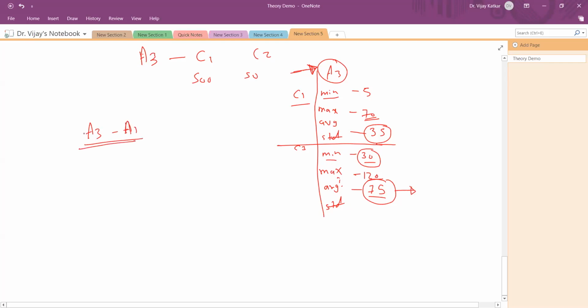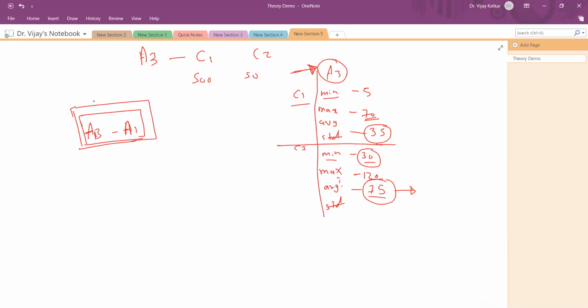So now I can say that A3 is very important, and A1 is also important. If I use A3 alone, it cannot give me maximum accuracy. If I use A1 alone, it will not give me good accuracy. But if I use a combination of A1 and A3, it can give me good accuracy. So this initial insight you can get with the help of basic statistics. Basic statistics are not useless.